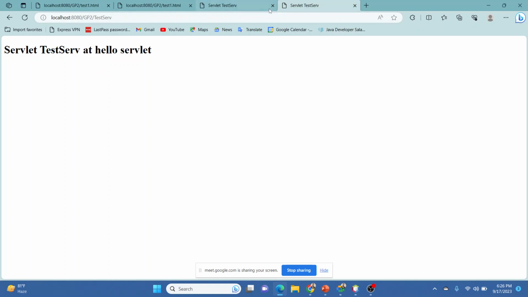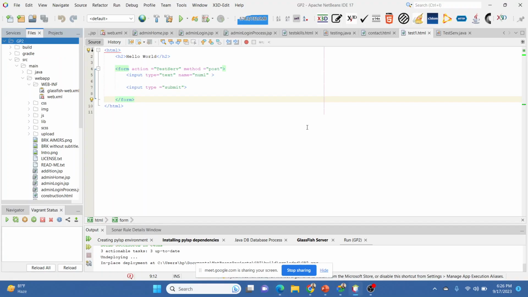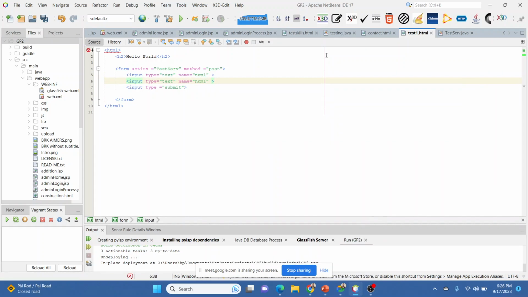Now, after post, we are going to create a small calculator where we can add two numbers and reflect those numbers onto a servlet part. So over here we create two text boxes, and the second text box name we can put as number 2. So there will be two text boxes.